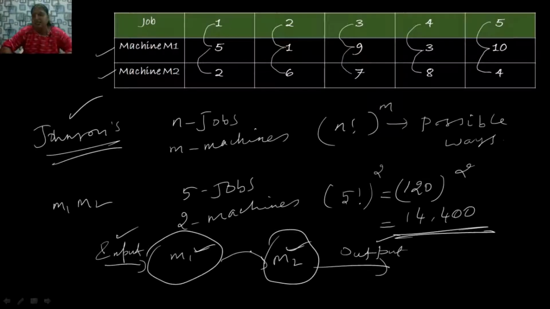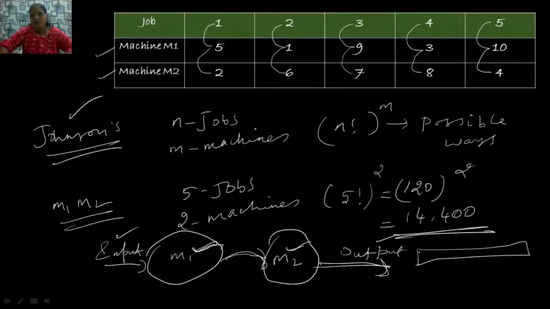It doesn't skip any of the machines. So it has to be processed on the 2 machines in order. First it enters machine M1 and completes its processing time on M1, then it moves on to M2 and completes its processing time on M2, and only then do we get the output. So we have to follow the order M1, M2. Also, the sequence is represented as a row with cells. If there are 5 jobs, we have 5 cells: 1, 2, 3, 4, 5.